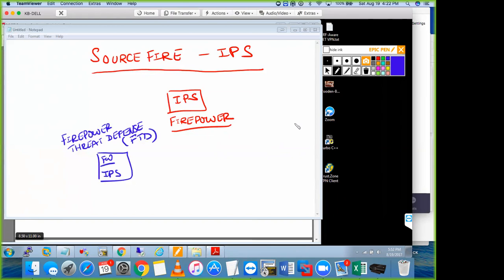There are 3 different implementations of it. You can either have your ASA appliance, the old ASA appliance,